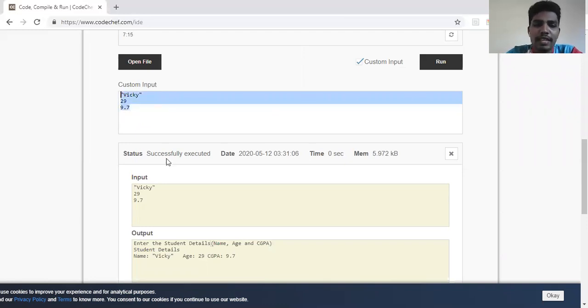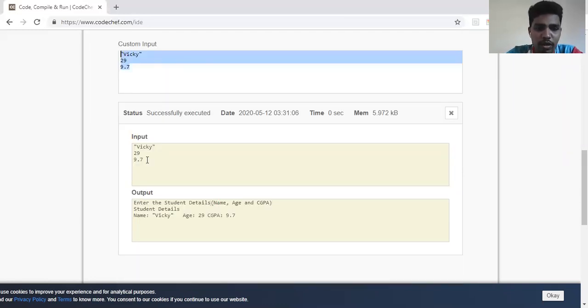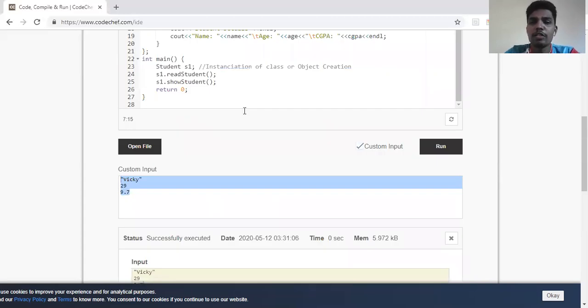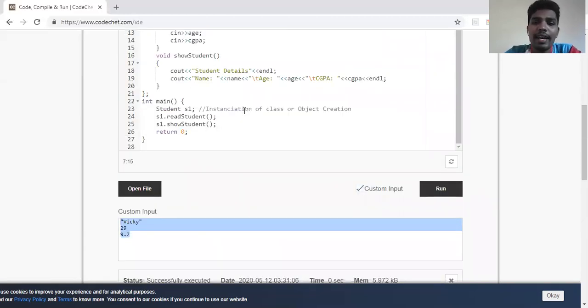You can see here the input which I actually gave, and to that input I'm getting the answer. This is my output statement, and this line, along with this input, is my read function. This is how I can call the member functions of a class which are declared as public in the access specifier field.